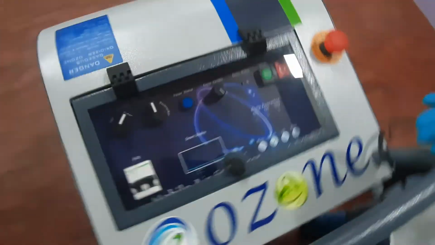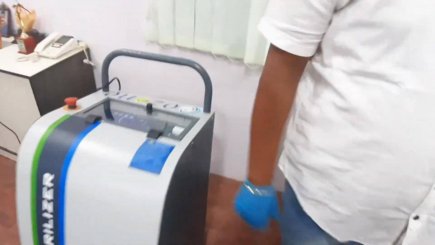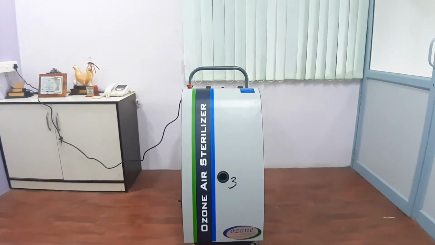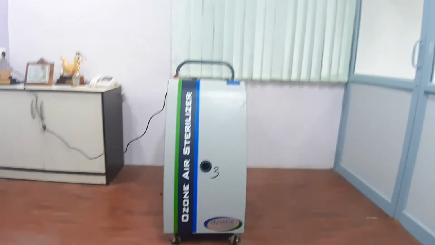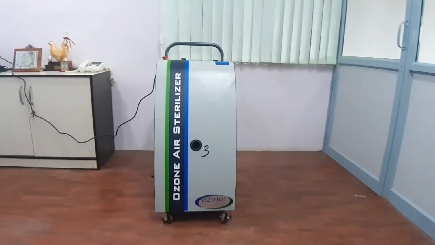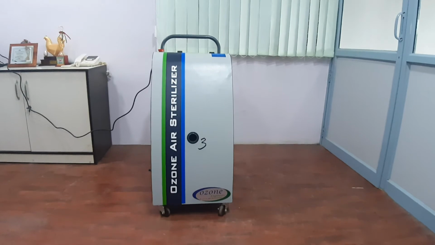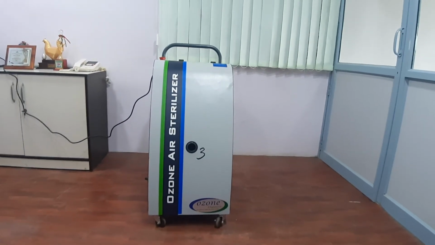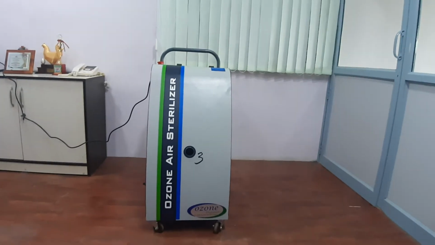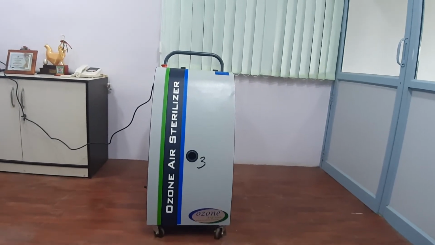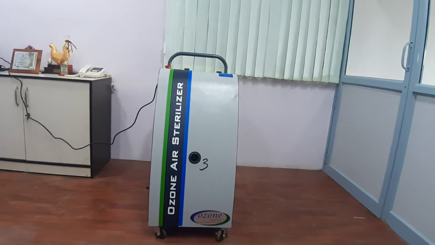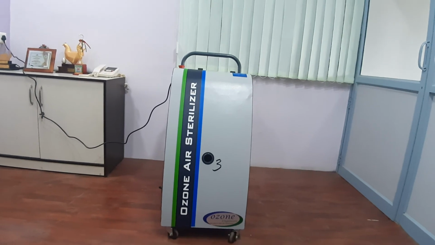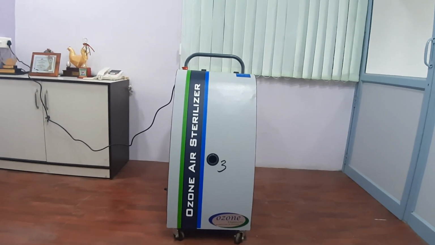So this is the mobile air sterilizer model, which is unique with all the processes. Generally there will be ozone generators separately, distractors separately, and sensors separately, but in this system everything is incorporated. It is an advanced model, fully automatic, so no human error. Just plug in, switch on, and the machine takes care of all the processes. This is very useful for the present situation and for the future. Thank you.